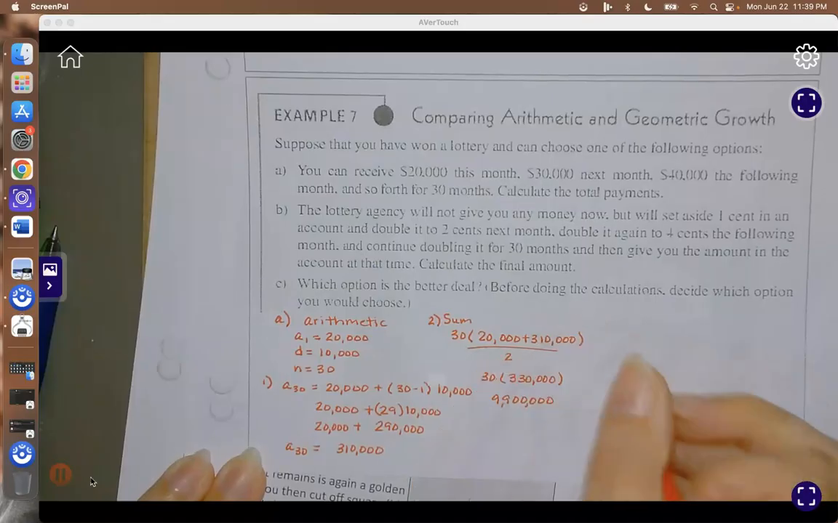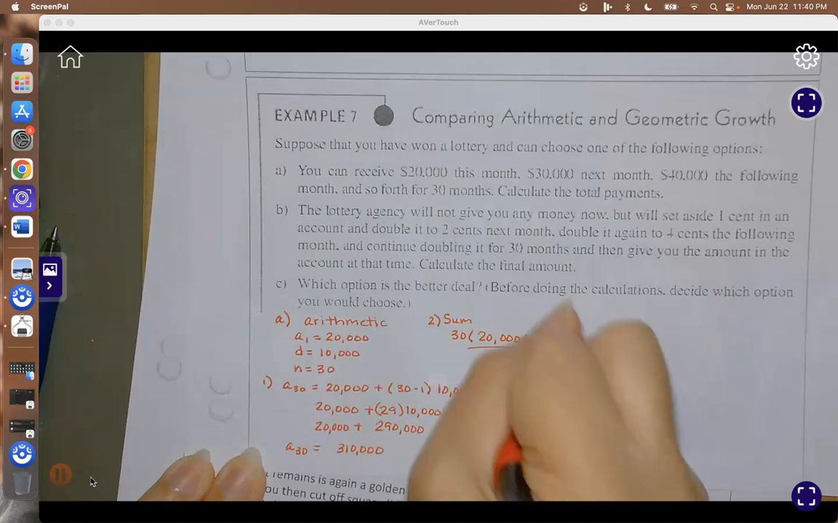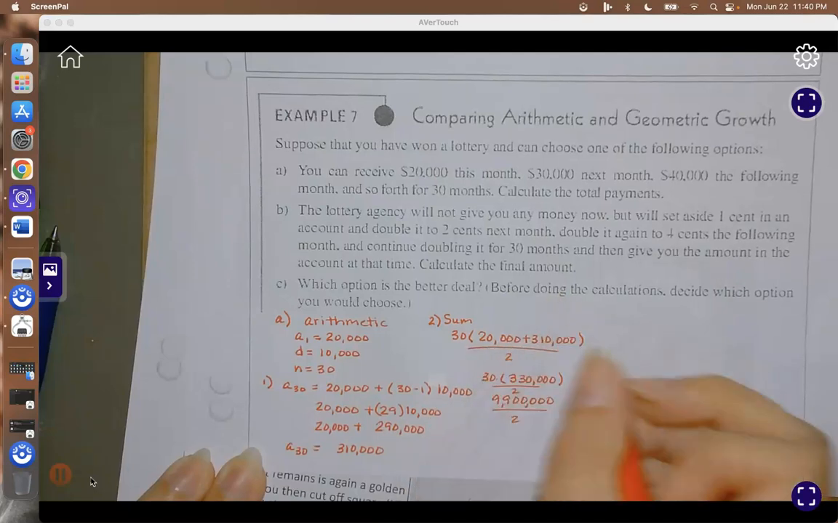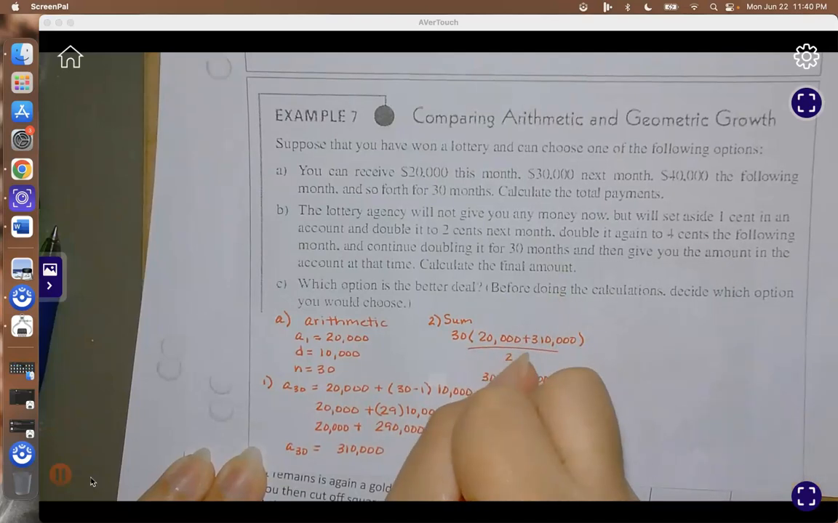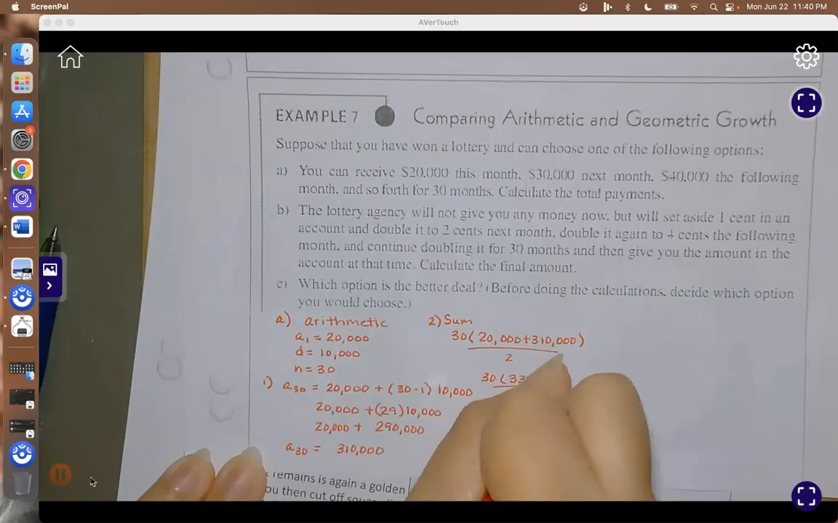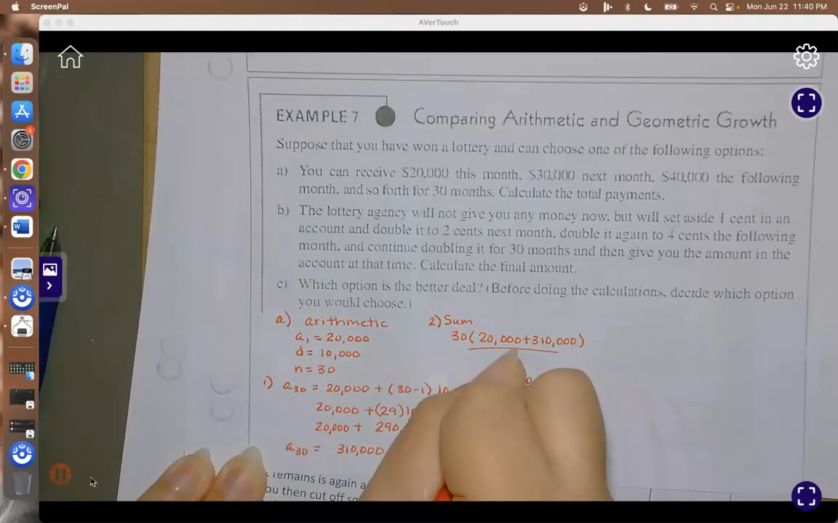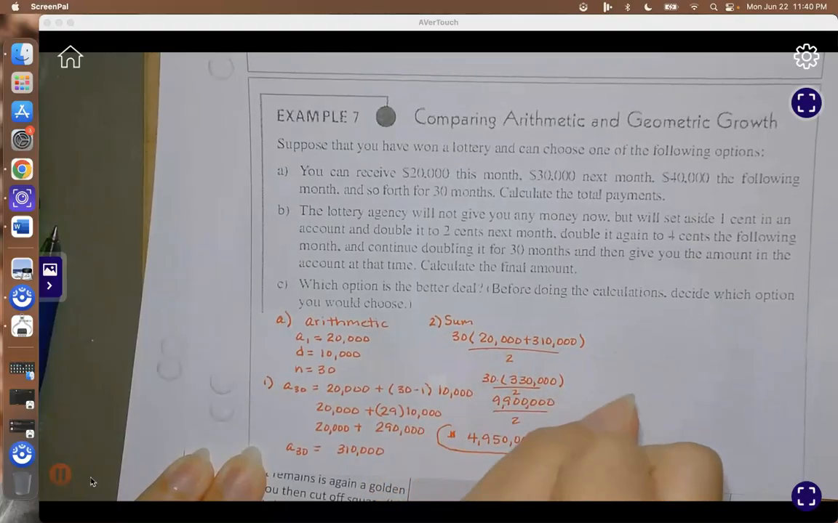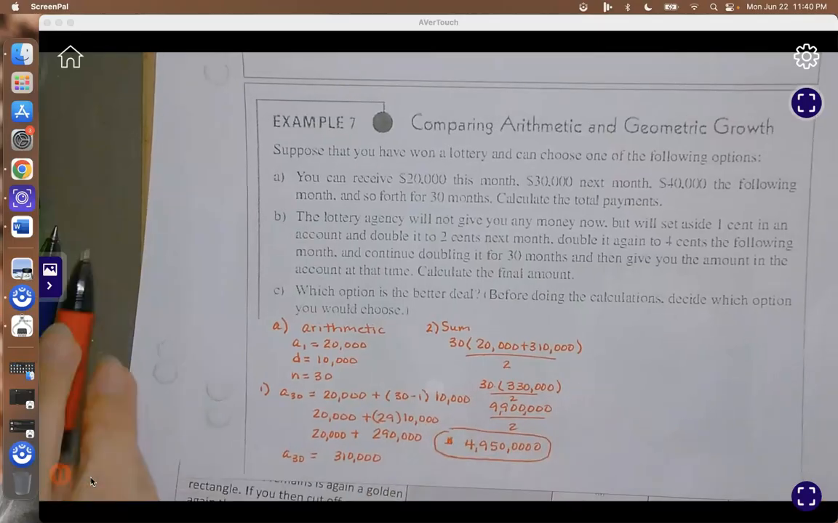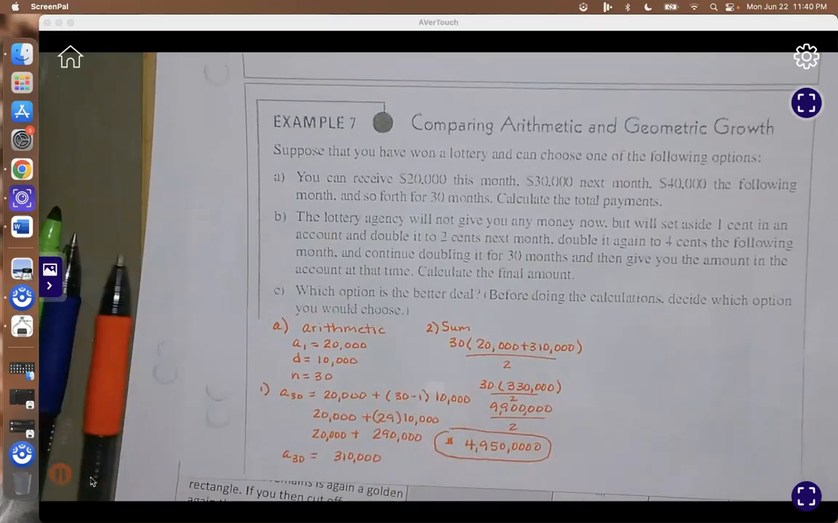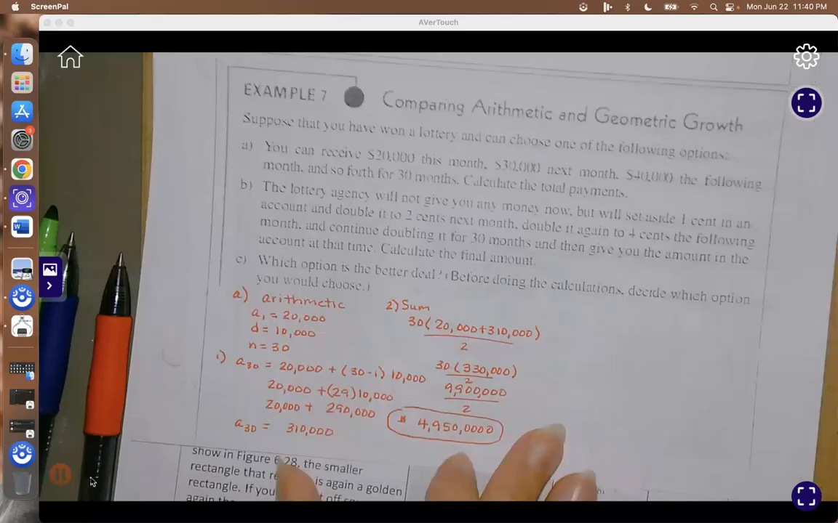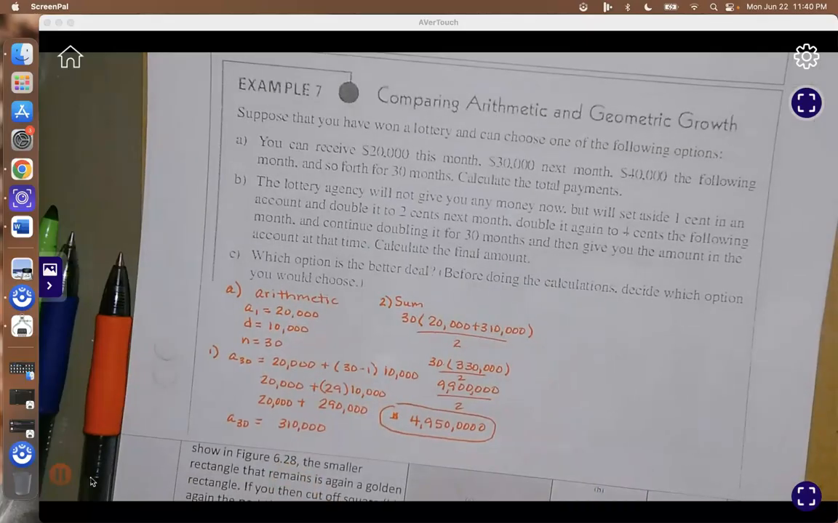Just 9,900,000 divided by 2. So that would be 4,950,000. That would be your amount. Okay. B, the lottery agency will not give you any money now, but will set aside 1 cent in the